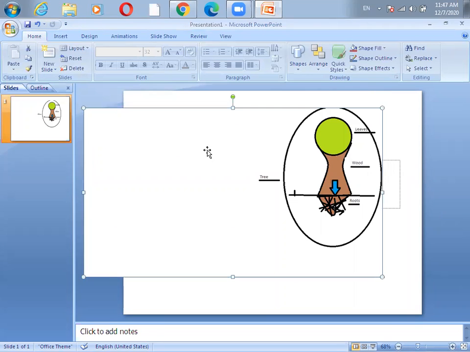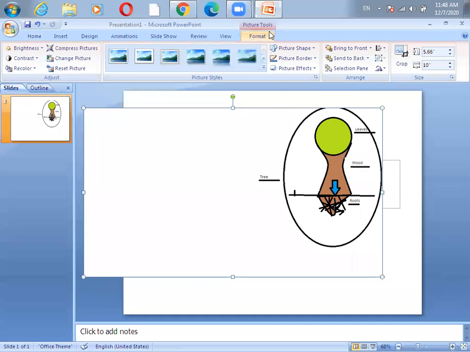So first I need to select that particular picture, then I can see the format tab over here, and in this format tab we have this crop option. Okay, so in this way we can insert the picture and we can crop it.